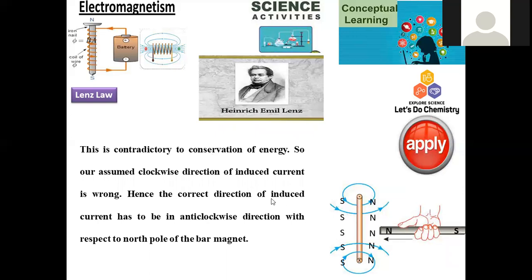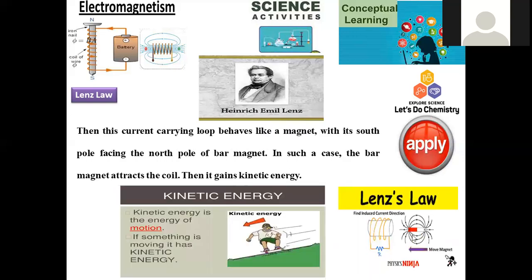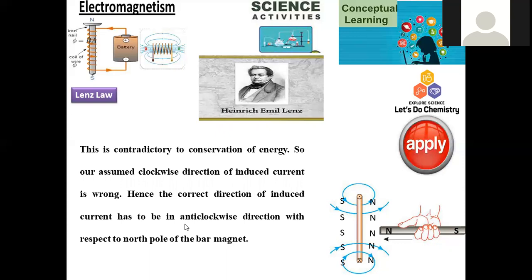So if current is moving in the clockwise direction, that cannot be explained by the concept we discussed now. Hence, the direction of the induced current is anti-clockwise. Whenever south pole and north pole are both in close proximity and kinetic energy is originated in the external magnet, it changes its direction, and there is a possibility of anti-clockwise movement in this induced magnetic field, and with respect to the north pole of the bar magnet, obviously the north pole is nearing this closed loop system.